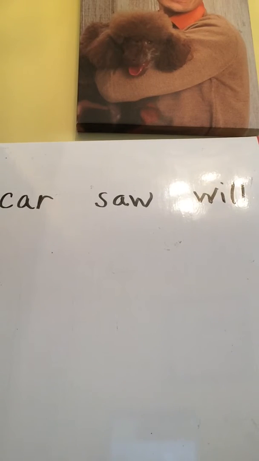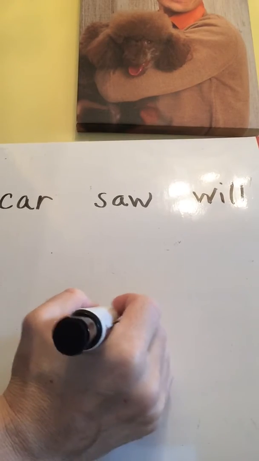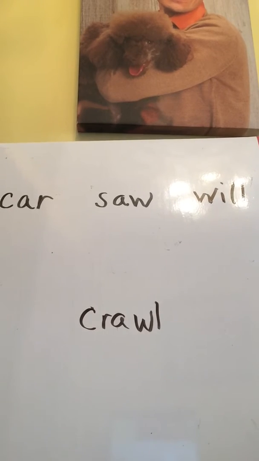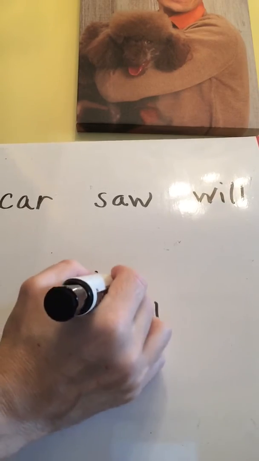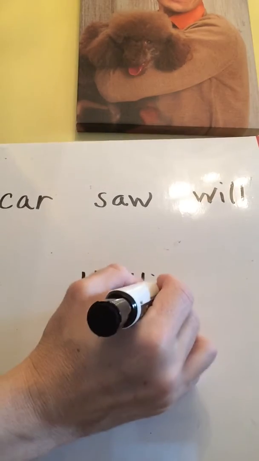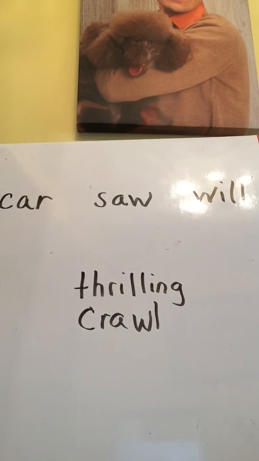So the first word, I'm not going to say what it is first. Let me write it down here. That's the first word. And the next word is, and the last word is